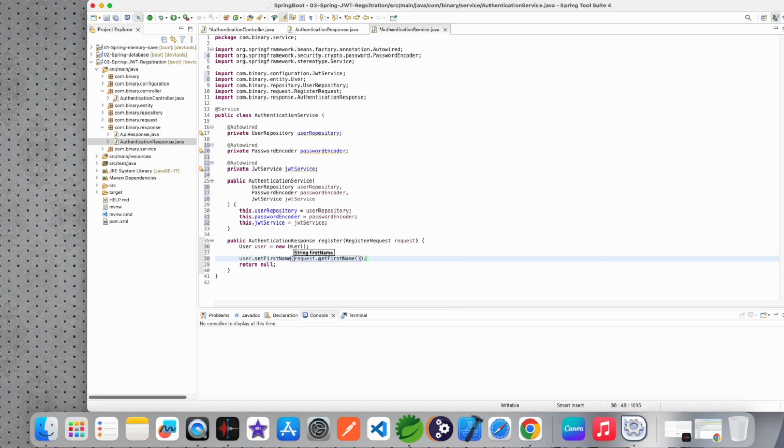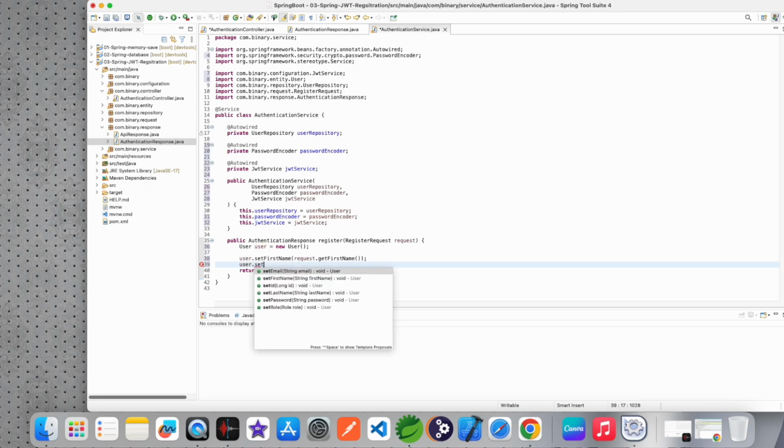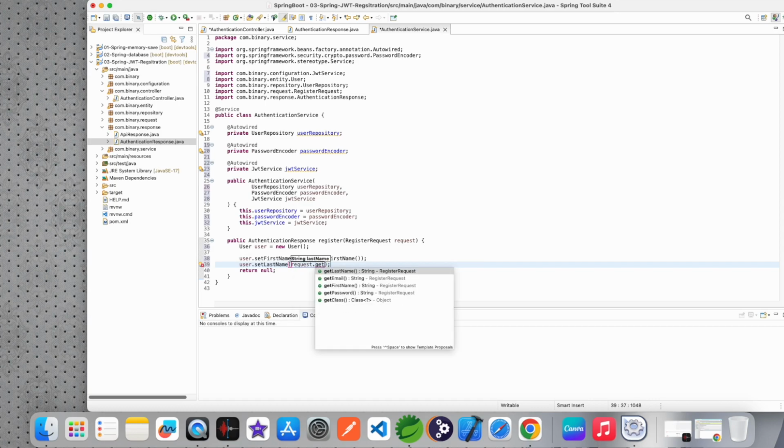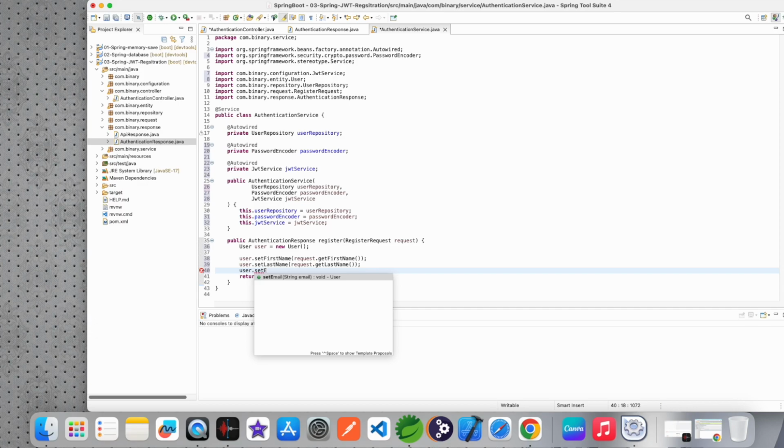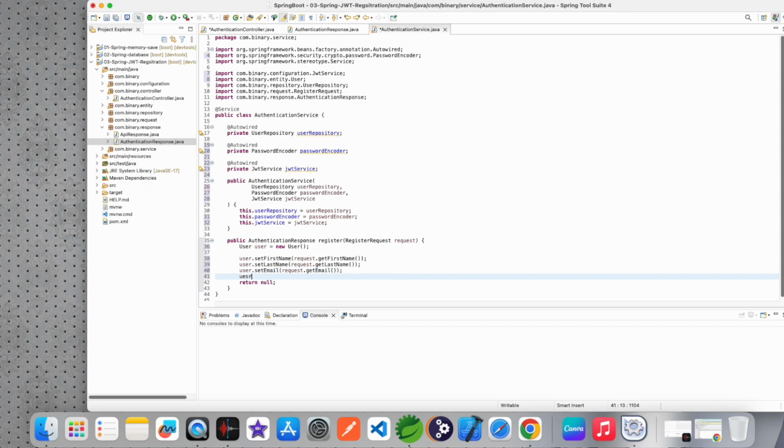First name, then set user dot last name, request dot get last name, then user set email, request dot get email, then user dot